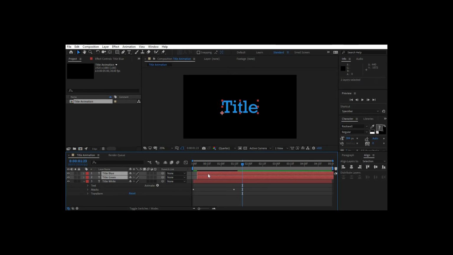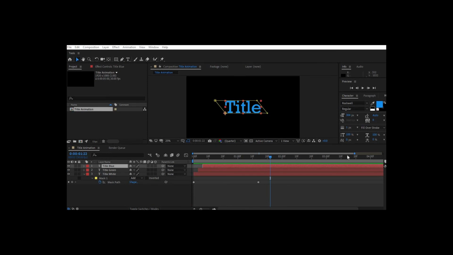Similarly, select the blue title and move it a few seconds. Now if you see, this will look really good. Again, if you see, this is blending beautifully.